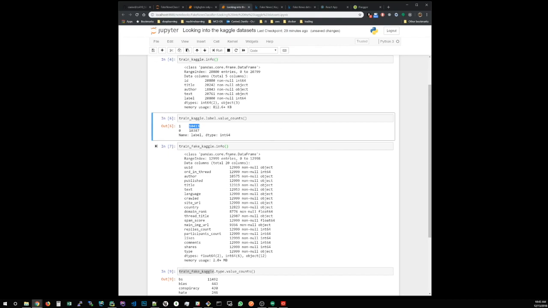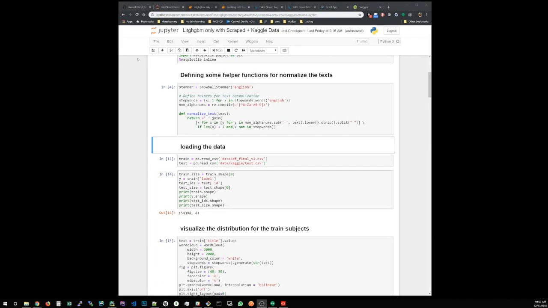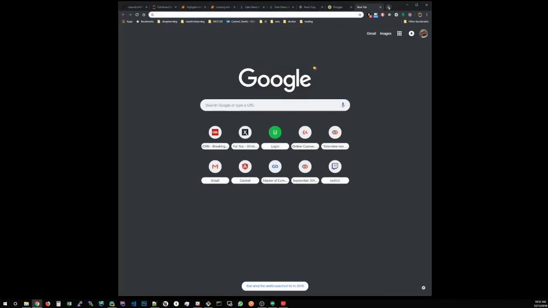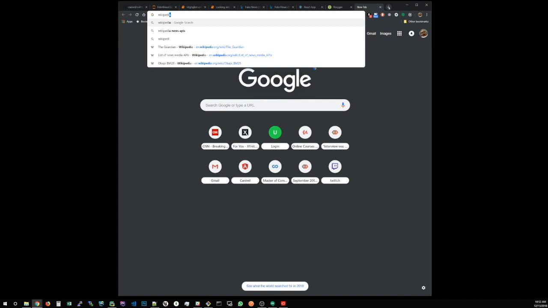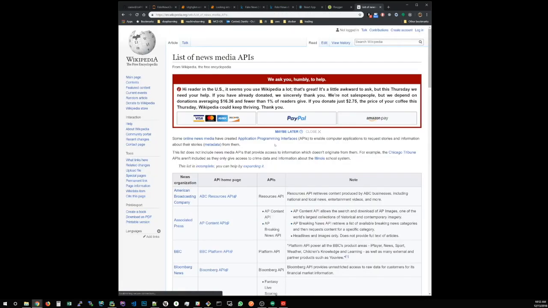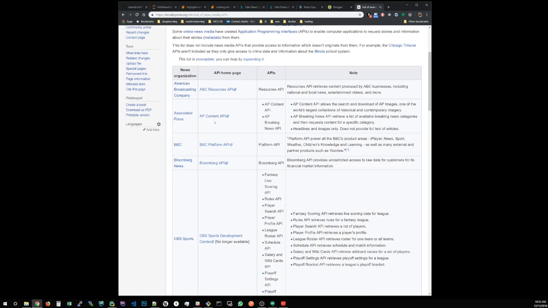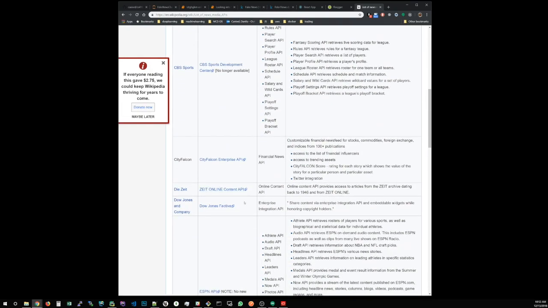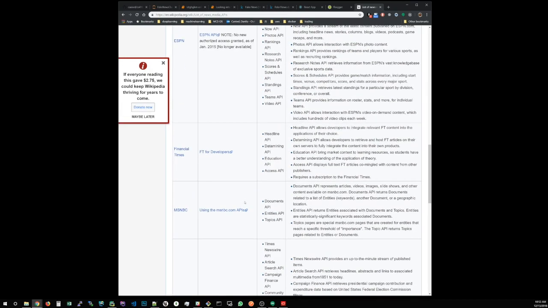To deal with this, what I did was scrape some data from some websites that are supposed to be reliable. To get the data from their APIs, first we need to find which APIs to use. To find APIs for news, I researched and found on Wikipedia a list of news APIs. And here it is. You can see there is a lot of stuff here, and the only ones that work, at least for me,